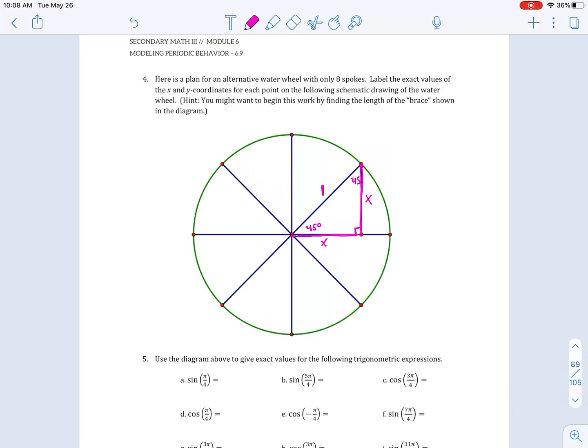There's a lot of different ways to do this. You could use the Pythagorean theorem, which would just be x squared plus x squared is 1, which would be 2x squared is equal to 1. And then you could just solve it like that all the way down. Or you could just do the sine of 45 is equal to the opposite x over the hypotenuse. And then all you would have to do is just do the sine of 45. So why don't you go ahead and either one of those two ways try to